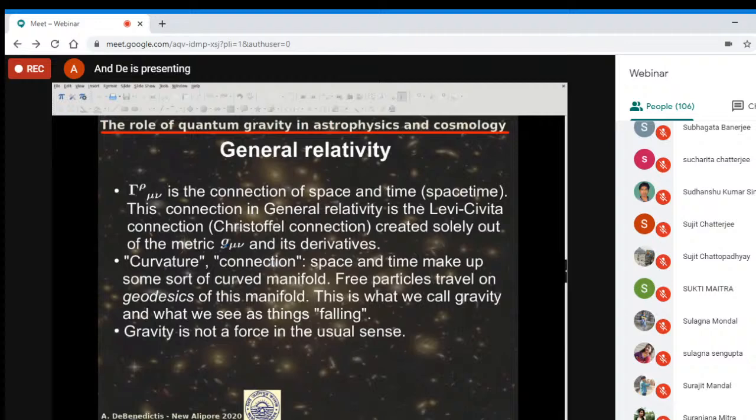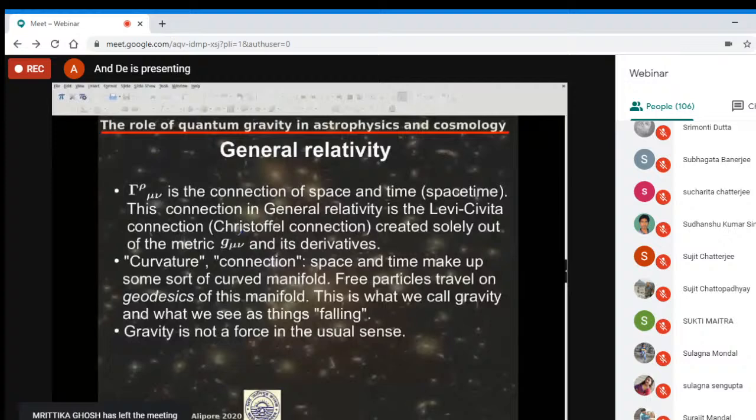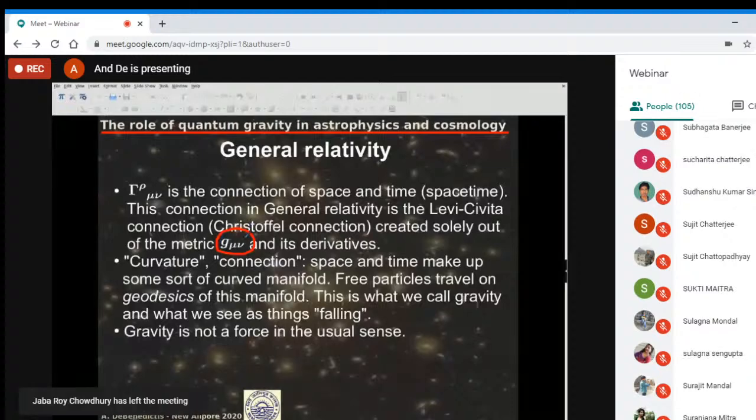The metric gives you distances in space and time. It is kind of a generalization of Pythagoras' theorem on a flat sheet of paper. So just remember that this quantity g mu nu gives you distances, and by combining this matrix and its derivatives in a certain way, you will get this Christoffel connection, which then you construct the Riemann curvature tensor out of. And so when you hear the words curvature and connection, mathematicians start to think about, of course, a curved manifold with connection. And that's exactly how general relativity